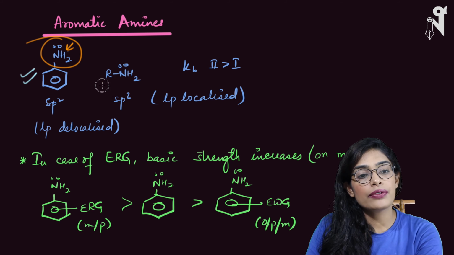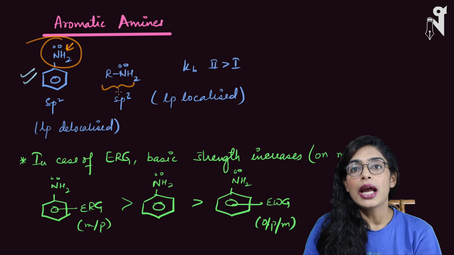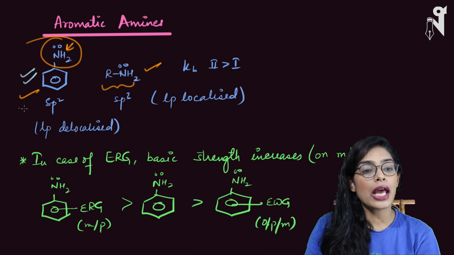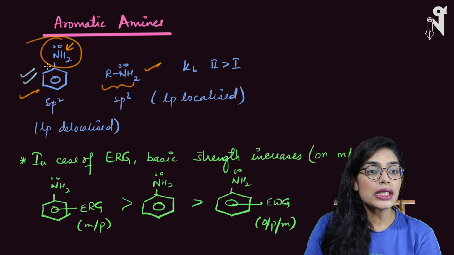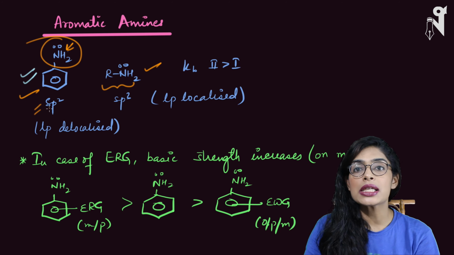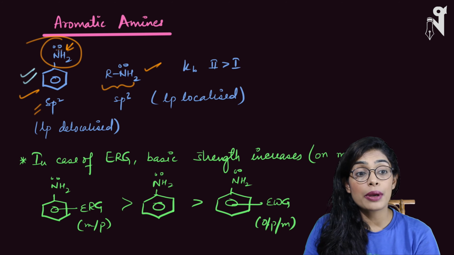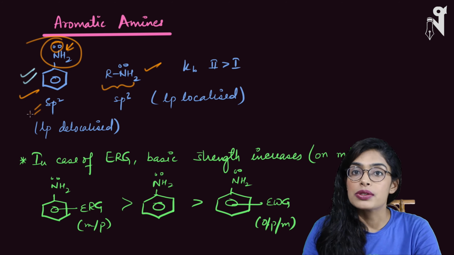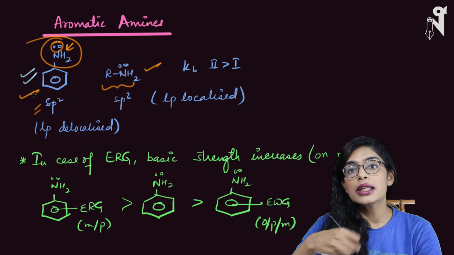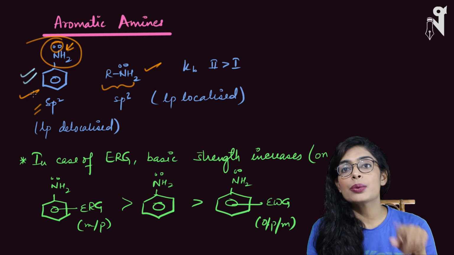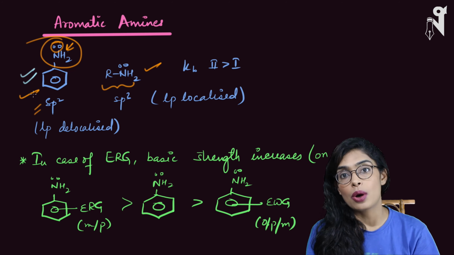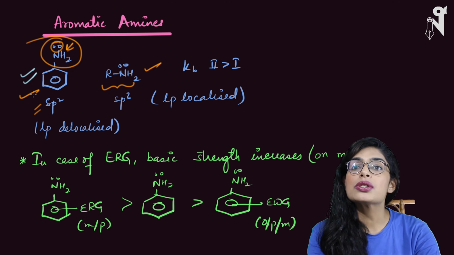And we have done the comparison with the aliphatic amine. So this is my aromatic amine and this is my aliphatic amine. Now if I look at the aromatic amine, its nitrogen is basically an sp2 hybridized nitrogen. Why? Because its pair of electrons is delocalized. It is actually participating in the resonance and hence it is present in the p orbital, which is parallel to the carbons, so that it can do resonance, and it is not in the hybridized orbital. We have spoken about this in resonance already.